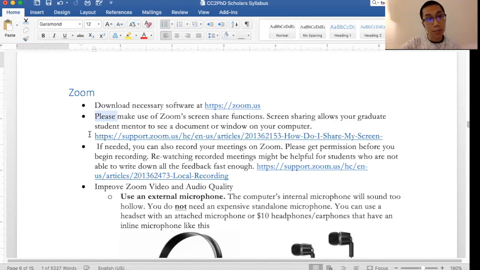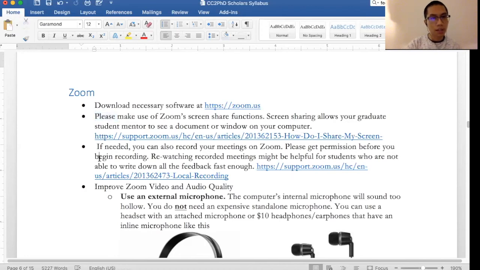The reason why I'm not showing you in this video how to use screen sharing is that I use a Mac, and I know that the way that you do screen sharing in Zoom is going to be different based off of your operating platform, right? So if you're using Windows, it's going to be different from a MacBook, right? So just go on the link and it will show you how.